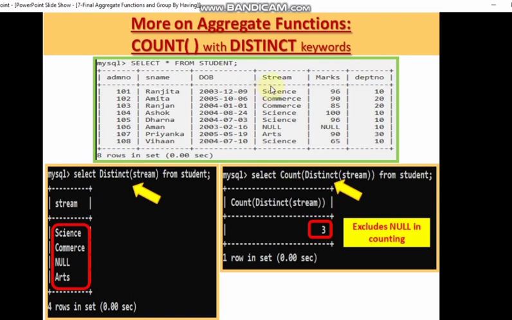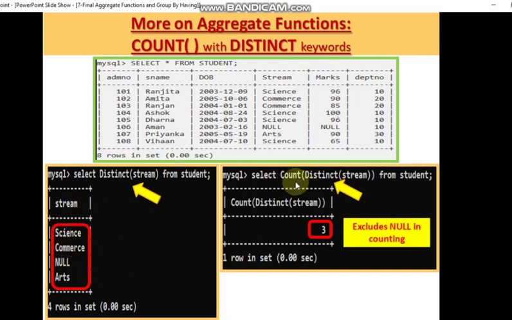For example, science is coming multiple times, but it is shown once. Commerce is coming multiple times, shown once. Null is also shown as a value. And arts is only once, and it is shown once. So this is the result you get in case of distinct.